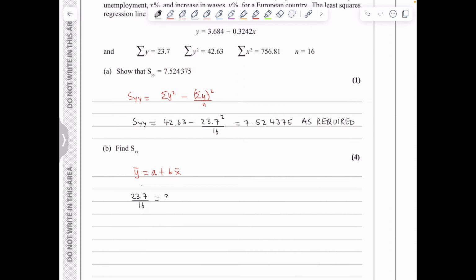This is equal to 3.684 minus 0.3242x bar, which leads to 0.3242x bar being equal to 2.2075. I will divide to isolate x bar. We get x bar to be